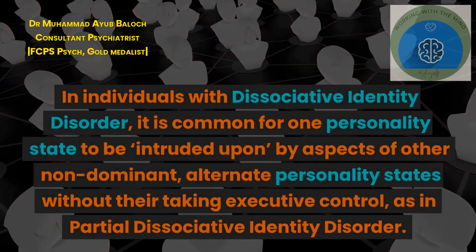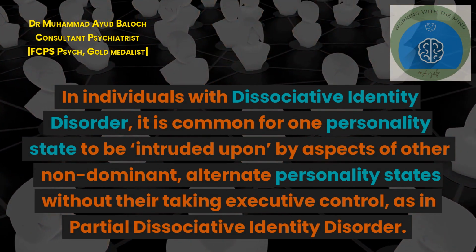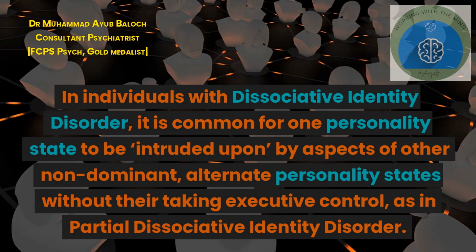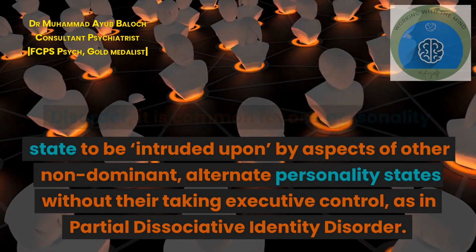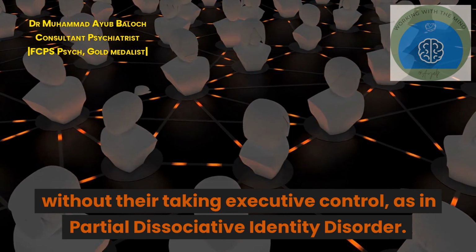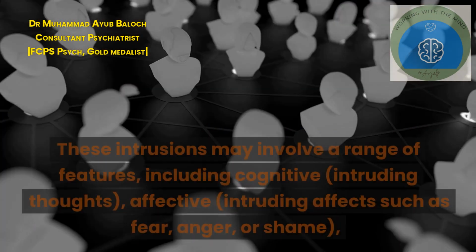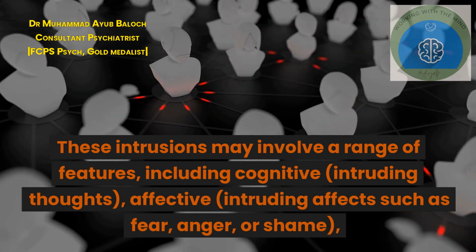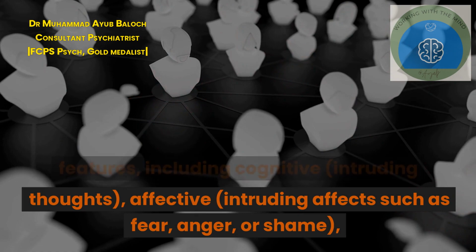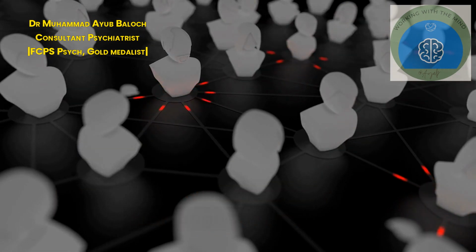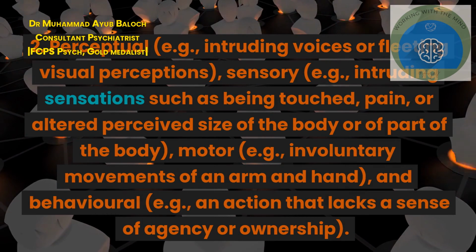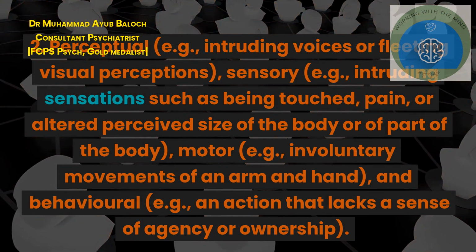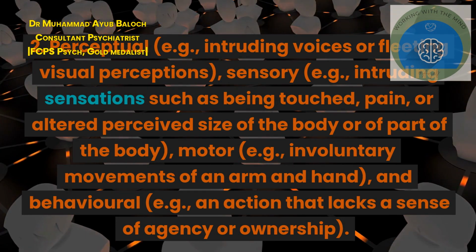In individuals with dissociative identity disorder, it is common for one personality state to be intruded upon by aspects of other non-dominant, alternate personality states without their taking executive control, as in partial dissociative identity disorder. These intrusions may involve a range of features, including 1. Cognitive, intruding thoughts; affective, intruding effects such as fear, anger, or shame. 2. Perceptual, for example, intruding voices or fleeting visual perceptions; sensory, for example, intruding sensations such as being touched,